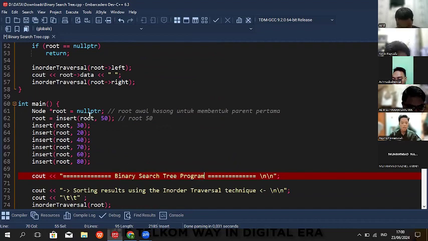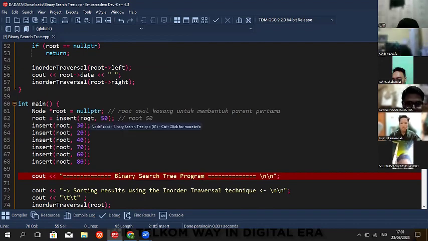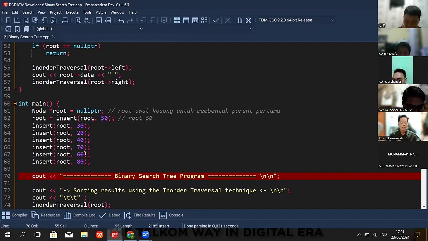Then I save the root value into the root variable to be used as a reference to compare node values when doing insertion. Then I want to insert node values including 50, 30, 20, 40, 70, 60, and 80.